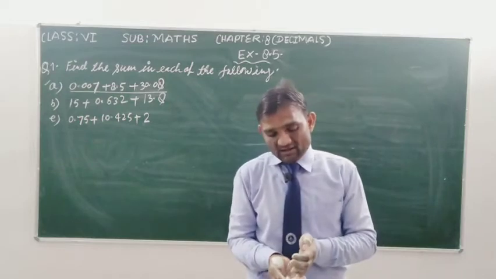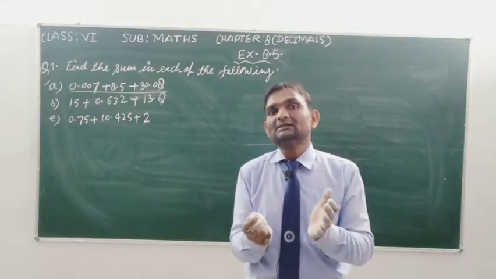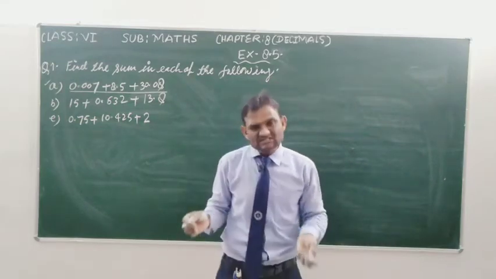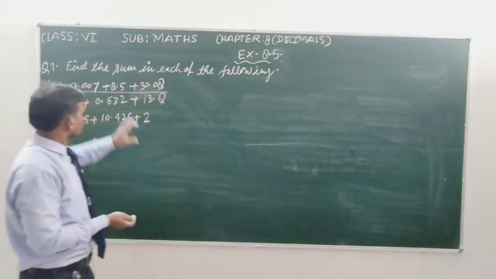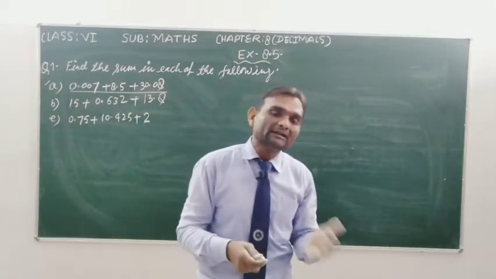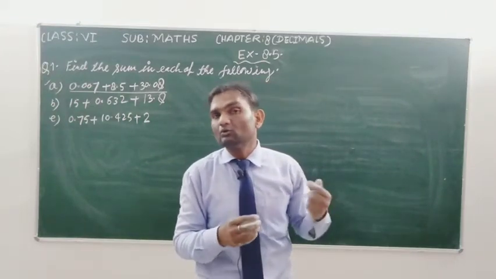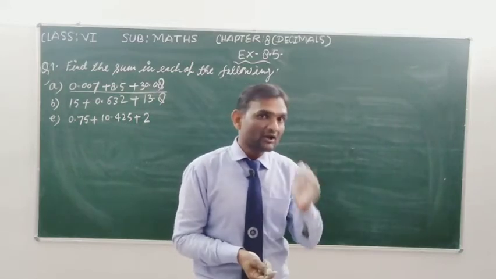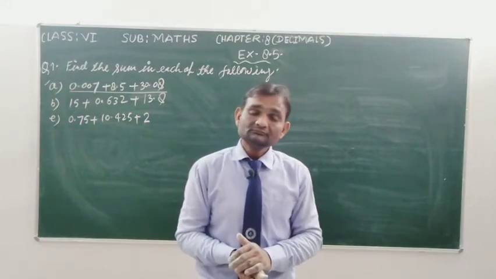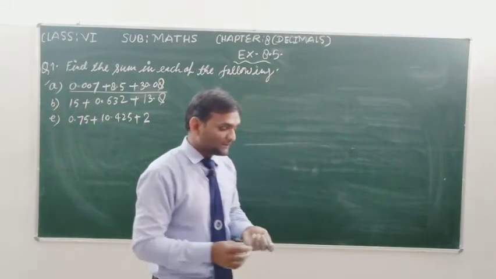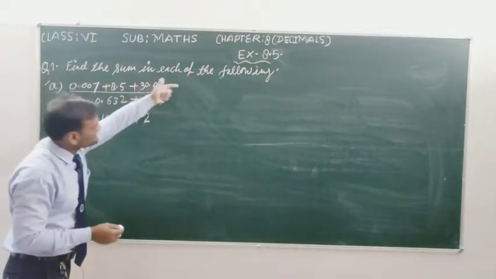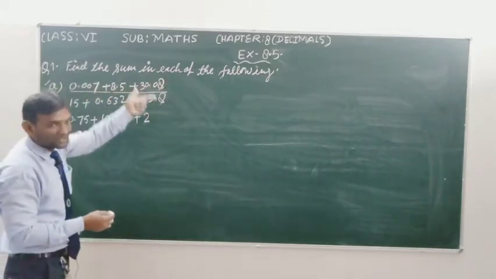So firstly we have to know how can we add if 2 or more decimal numbers are given. Student, don't worry, it's very easy. We add the decimal number as whole number. बिल्कुल whole number की तरह हम add करते हैं. अगर हमारे पास 2 या 2 से अधिक whole number होते हैं तो मैं क्या करता हूं, firstly we write all the given numbers in column. After this we add all the numbers, and so student firstly we write all the decimal numbers in column. पहले हम सभी decimal number को column में write करेंगे.